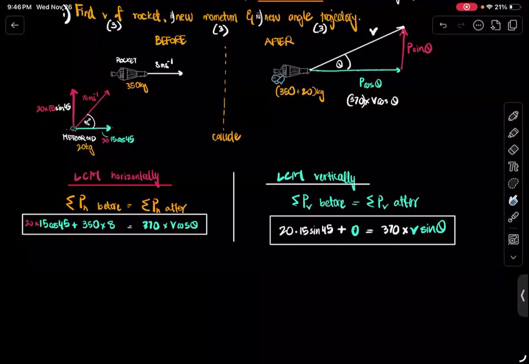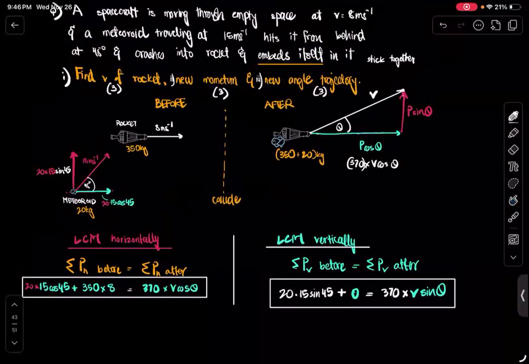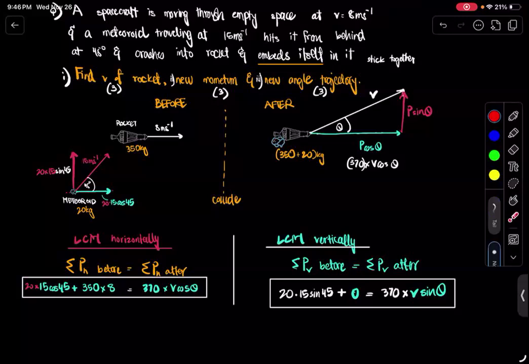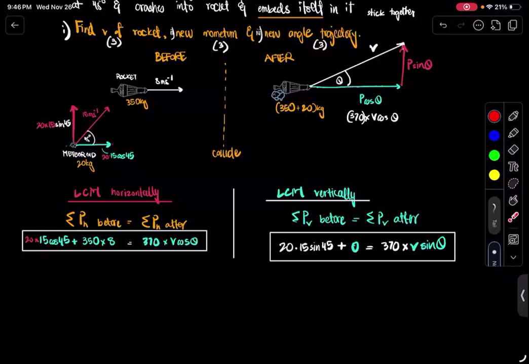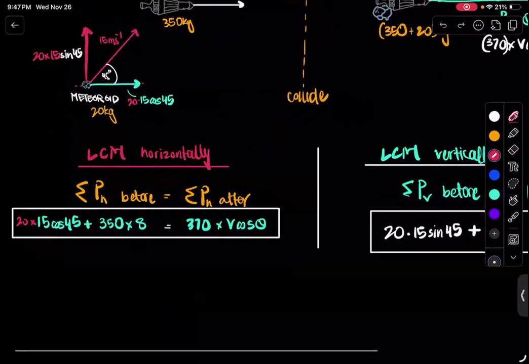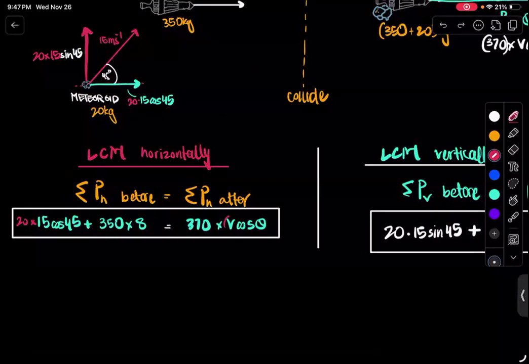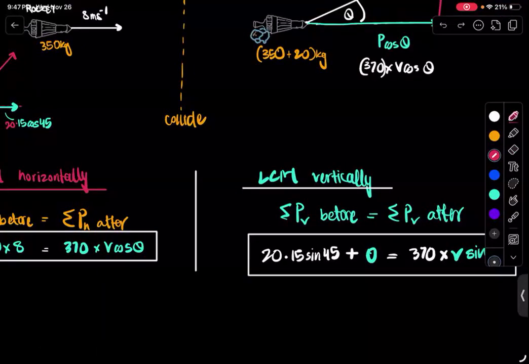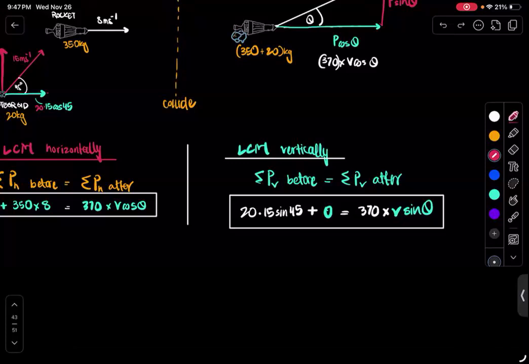I have two expressions now. What am I supposed to do? The question was to find the velocity of the rocket. How do we find the velocity of the rocket? First of all, it was not entirely necessary to write down both of them, but you can find V by using any single one of those expressions. How? Do you see that you only have one unknown in either one of those, which is V, right? And even theta is known. Theta is, oh no, we don't know theta. Okay. That is a problem.